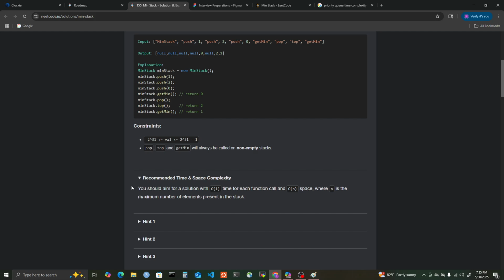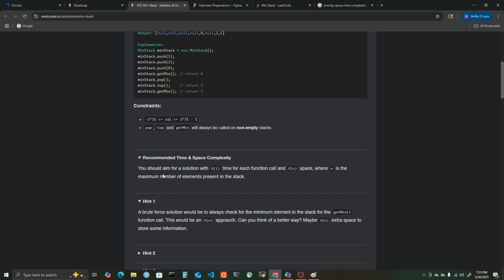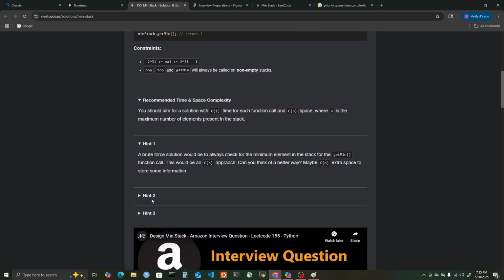You should aim for a solution with O of 1 time for each function call and O of n space, where n is the number of elements. A brute force solution would be to always check for the minimum element in the stack for the getMin function, which would be an O of n approach. Can you think of a better way? Maybe O of n extra space to store some extra information. O of n extra space. So like another stack, but